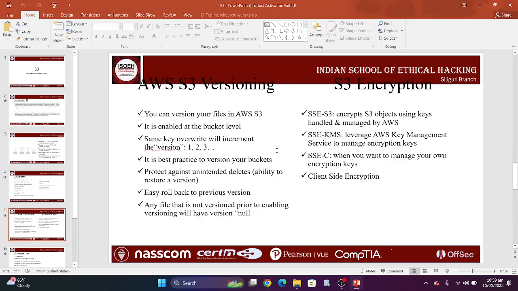Client side encryption is part of S3 buckets, because the client accesses the data, no? So the encryption is to be provided on the client's behalf. Okay, so the next slide is